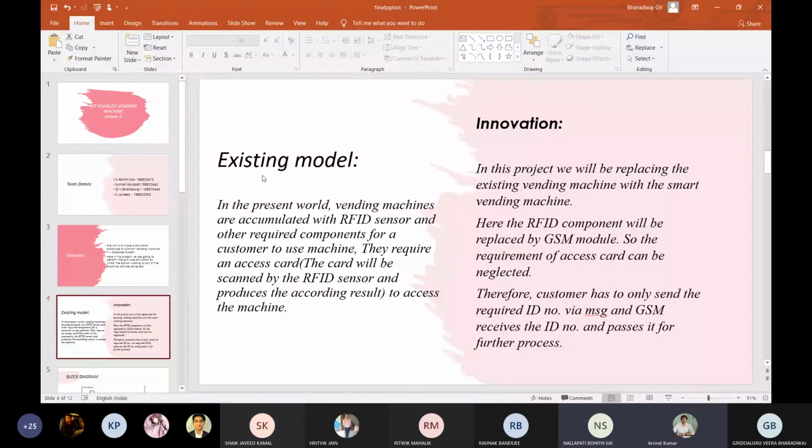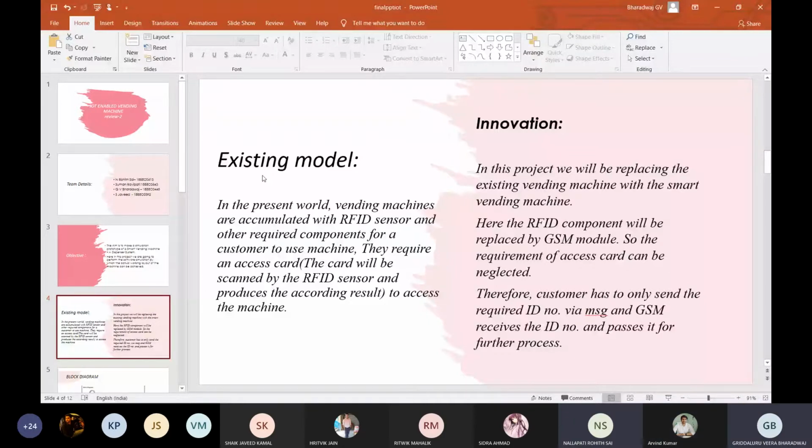Yes, yes. Sir, coming to the existing model, we have already come across different types of vending machines, sir. At present, the vending machine is equipped with an RFID sensor and some other components like a touch sensor, sir. For this, the main key is an access card. With the help of the access card, the customer can scan it and take his output.